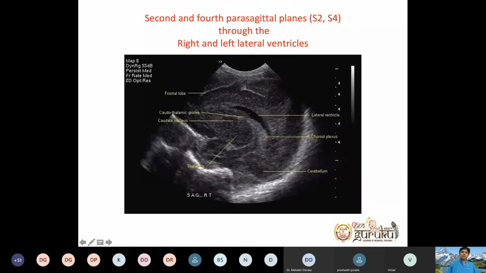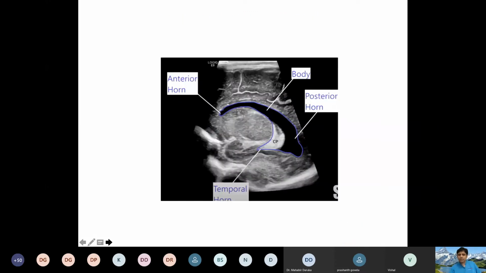So moving on to the next section. This is the lateral ventricle, parasagittal section, if you take: anterior horn, body, occipital horn. You can see in the anterior fontanelle, where you are placing a probe on the head anteriorly and then you are trying to tilt and see. So the occipital horn in this sagittal section you see going downwards. Suppose you are taking it through the posterior fontanelle, you see this occipital horn like this, erect.